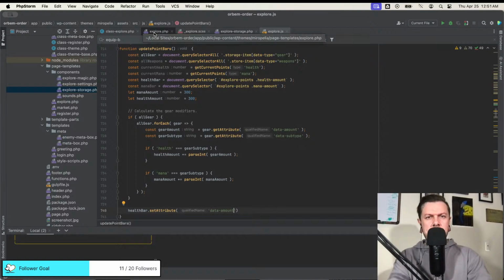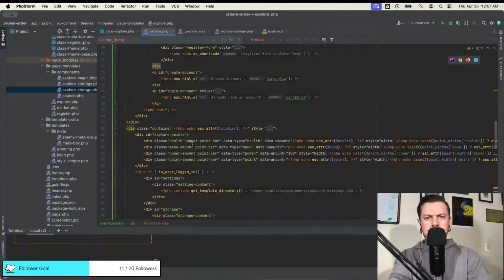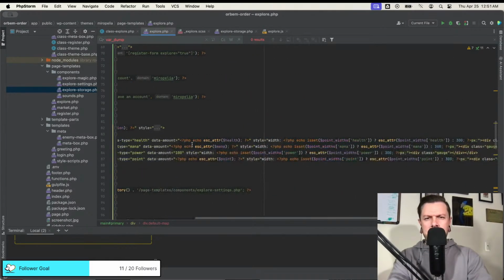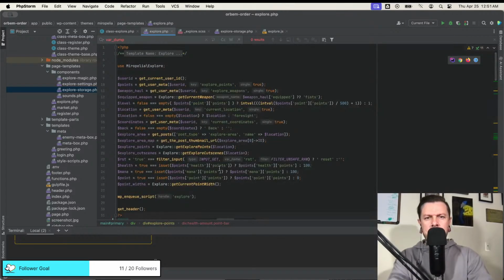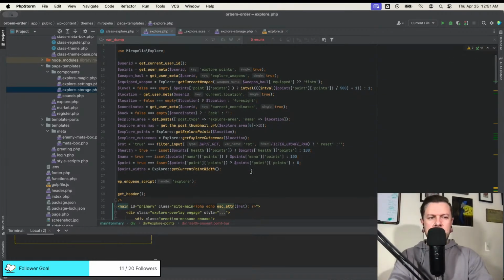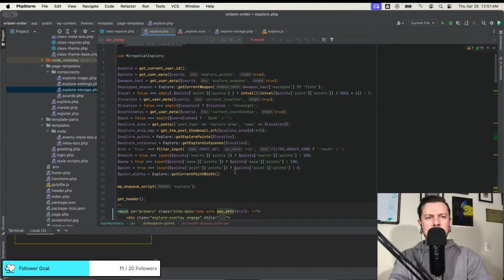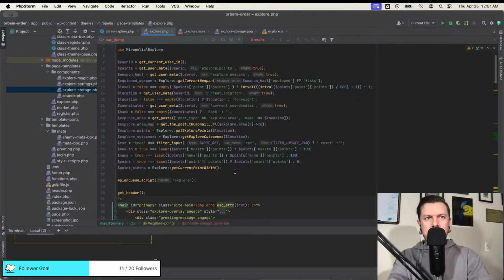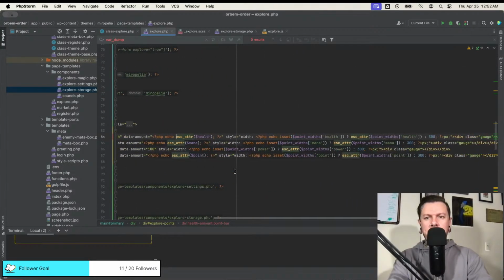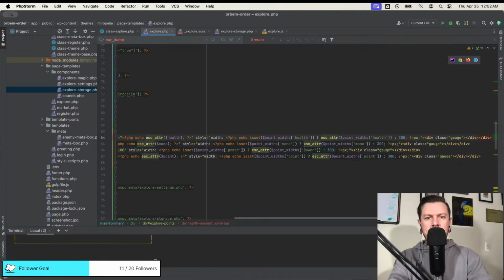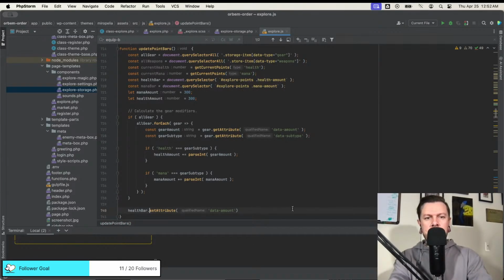Do I change data amount, or do I just...? Yeah, see, I don't change the amount because the amount is a percentage. I only change the width. So let's just do that. Width, yeah. So this is a style change actually, not an attribute change.